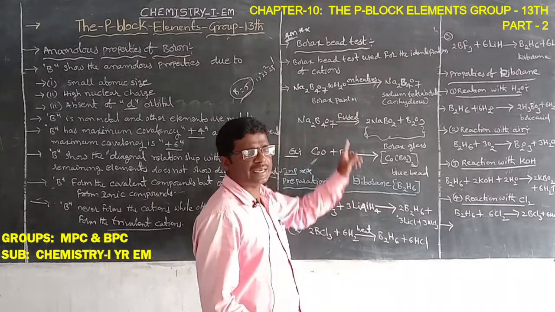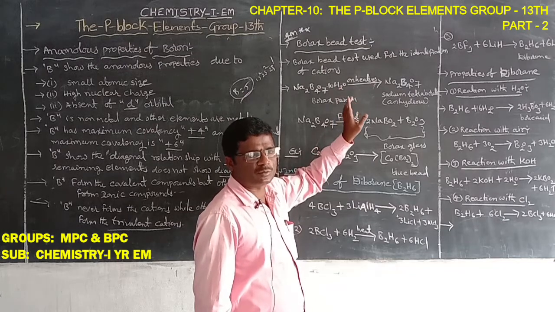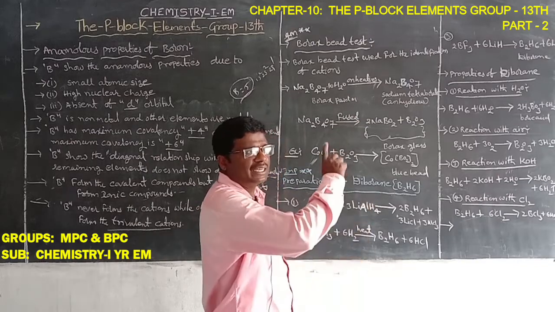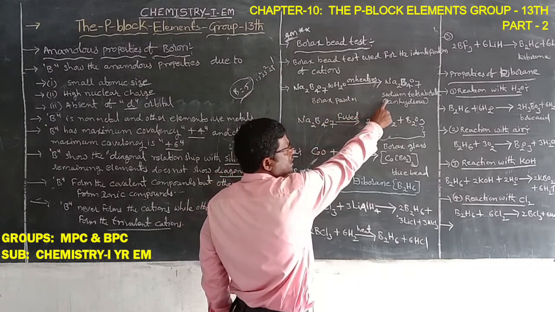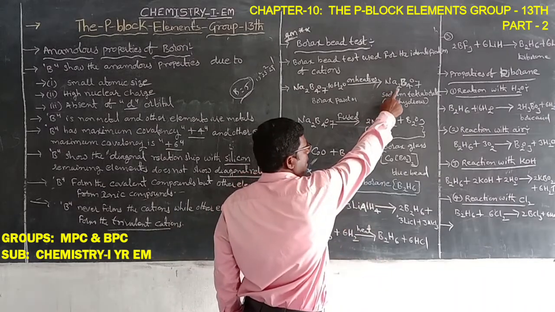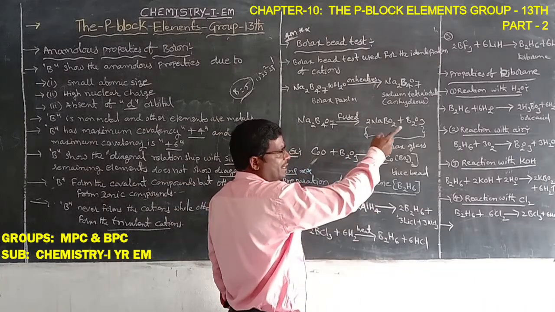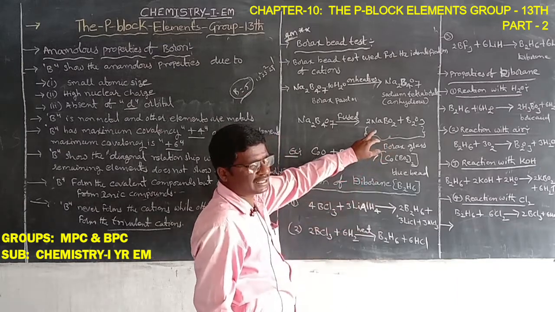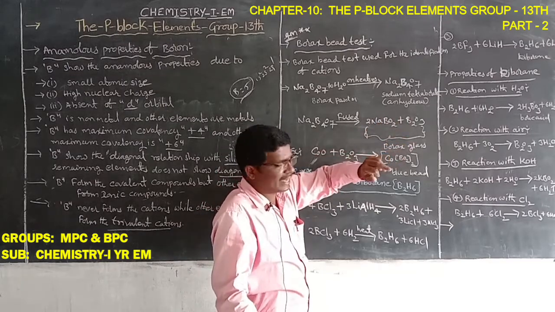Borax general formula: Na2B4O7.10H2O. That is also known as borax powder. On heating the borax powder, white anhydrous sodium tetraborate is formed. Sodium tetraborate general formula: Na2B4O7. When sodium tetraborate is fused, borax glass is obtained. Borax glass consists of two compounds: one is sodium metaborate, the second is boron trioxide.